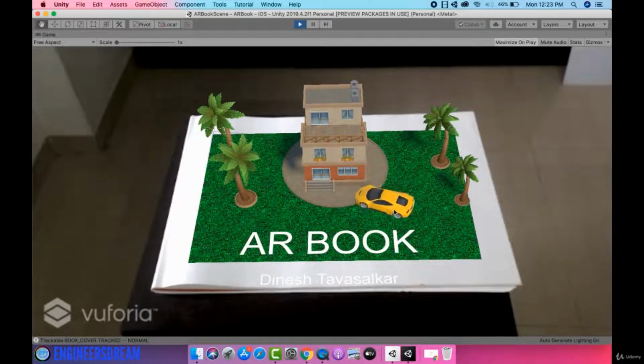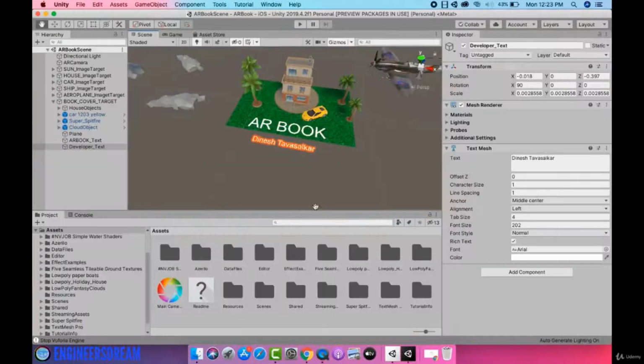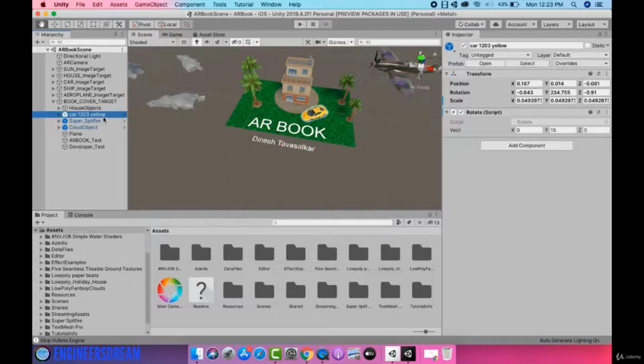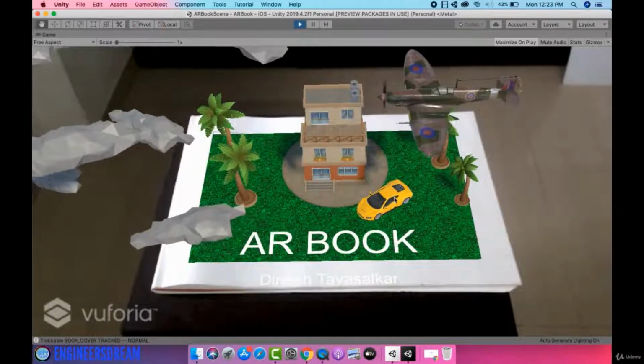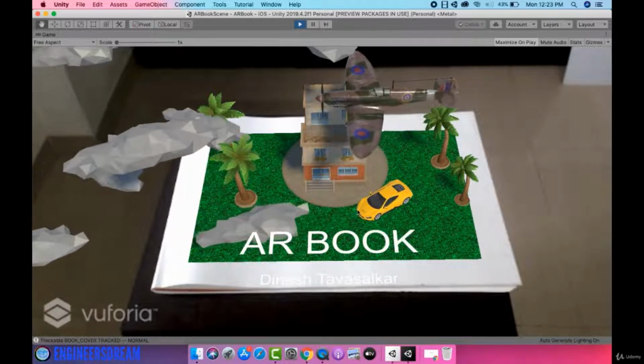After this, as you may notice, the car is rotating. Now this is something which I don't want. I want the car to be standing in one place. So to make this change, I'll come out of play mode. I'll select the car model and I'll uncheck the rotate script from the car model. Okay. So I'm basically deactivating the rotate script from this particular car model, and this time if I click on the play button, then you will notice that the car model is static in one place.